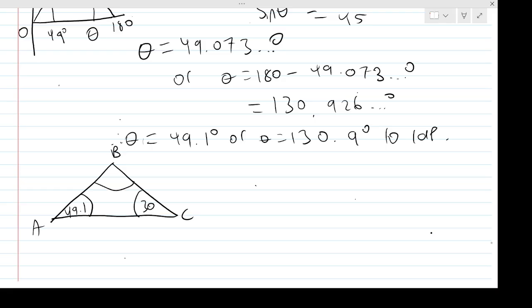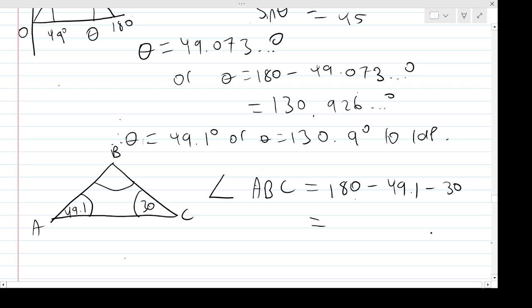Well, that angle then, so this angle ABC then, because the angle's at B, that's how I label my angle. This remaining angle, well, they all have to add up to 180, right? So let's go back to that triangle property. So I need to take 180 away from the two angles. So 180, take away this 49.1, take away this 30. And then if I do that, I get